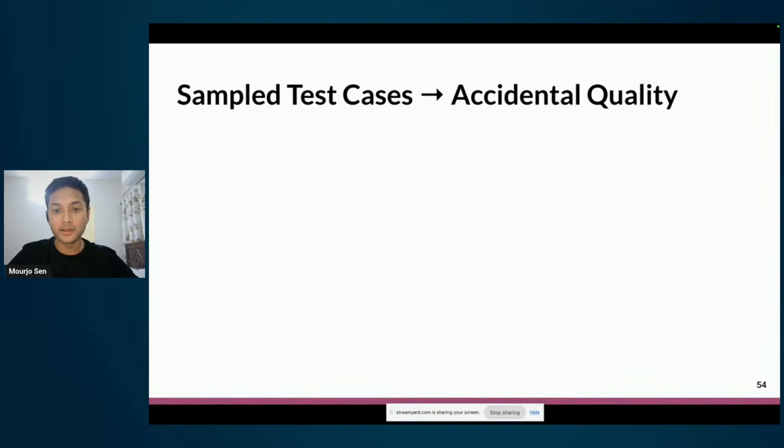And sample test cases give rise to what I call accidental quality. So initially, when we wrote the test, we wrote some four cases, and we were moderately sure that things are working. Like it's not negative, it's not completely off, it's not infinity, it's not 0 all the time, something like that. So basically, if it's a very simple application or very simple inputs, we would manually test it or write some examples, and it will be fine.